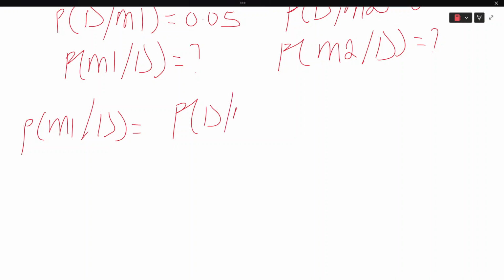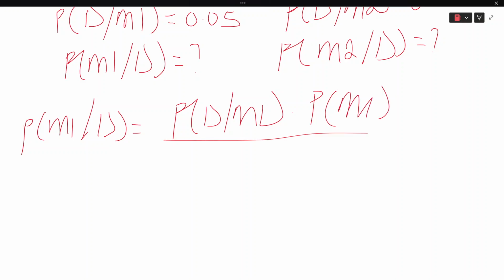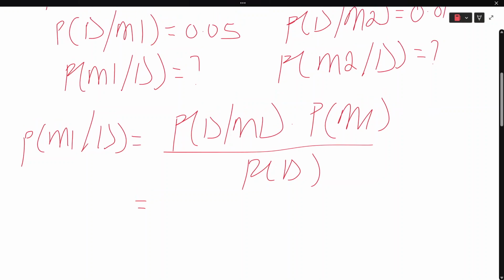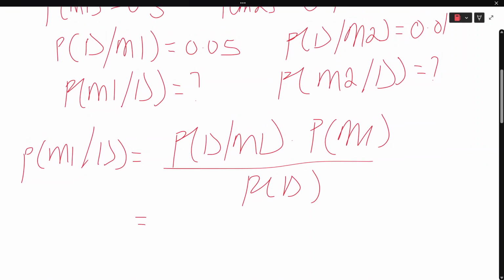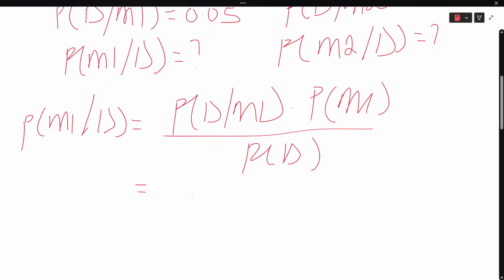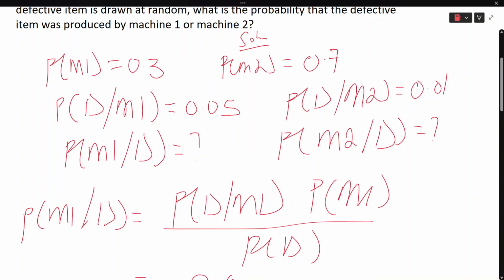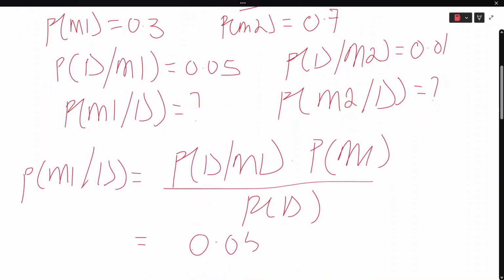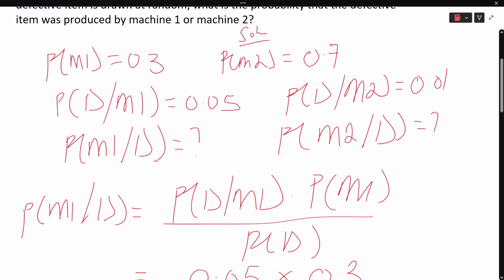What we know, the probability of defective given machine 1, times what we know, that's our initial prior probability of machine 1, divided by the total probability of defective. That equals the probability of defective item given that it is coming from M1, 0.05, times 0.3, that's this,